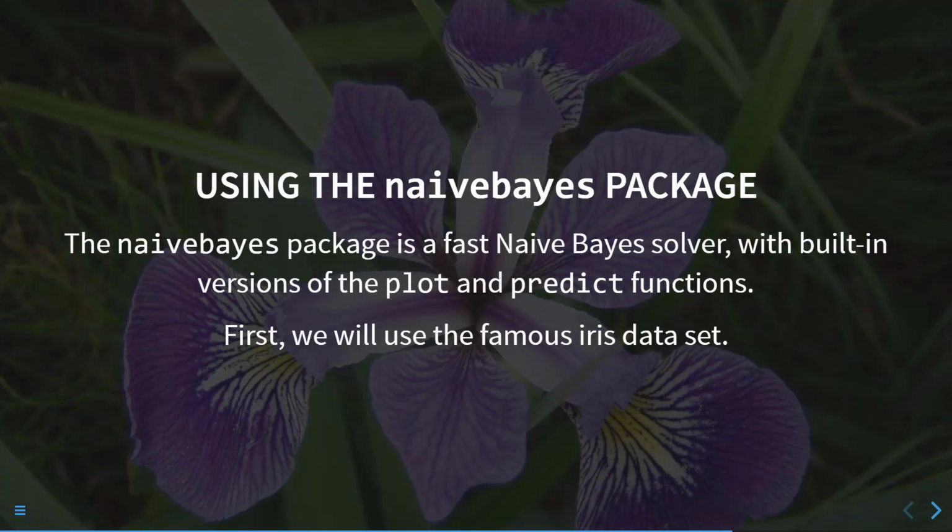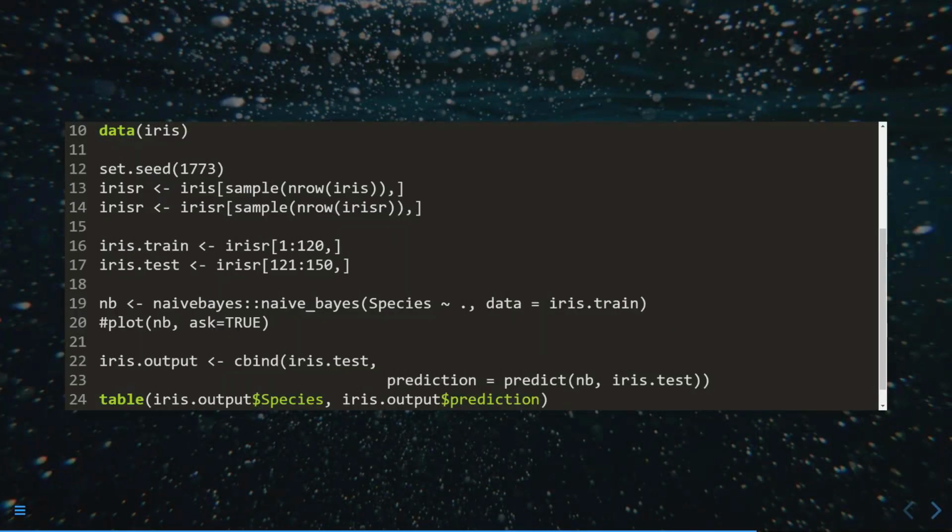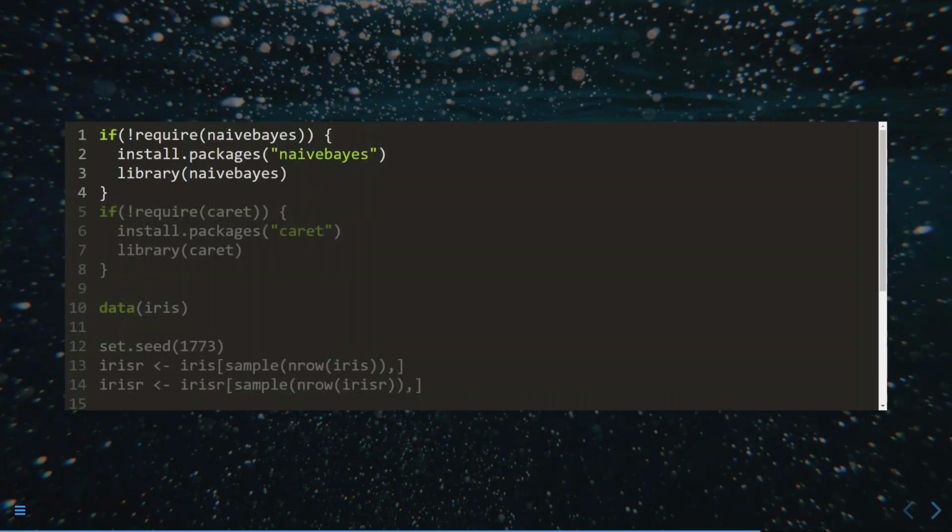And I'm going to use the infamous iris dataset. If you've done anything with data science, you've seen iris far too many times. But it's a really good one for classification because it's small, it's well known, and it has interesting results. So I have here the code that we're going to use. I'm actually going to blitz through this code now, and then we'll see it in action. So we install the package. We install the naivebayes package and also the caret package. Caret is going to allow us to